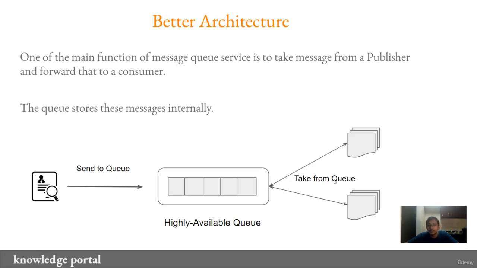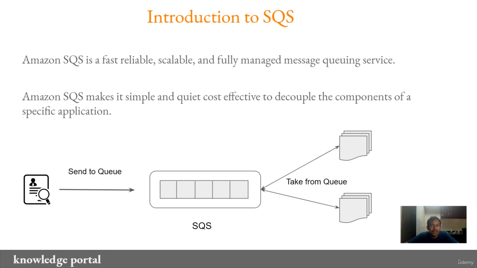One thing that needs to be ensured here is that since the image gatherer will be sending the images to the queue, the queue needs to be always available, because if the queue goes down, then none of the images will be able to be taken by the image enhancer. So this is one of the most critical architecture components in this specific use case. And this challenge of having a highly available, reliable queue is taken care of by the Amazon SQS service.